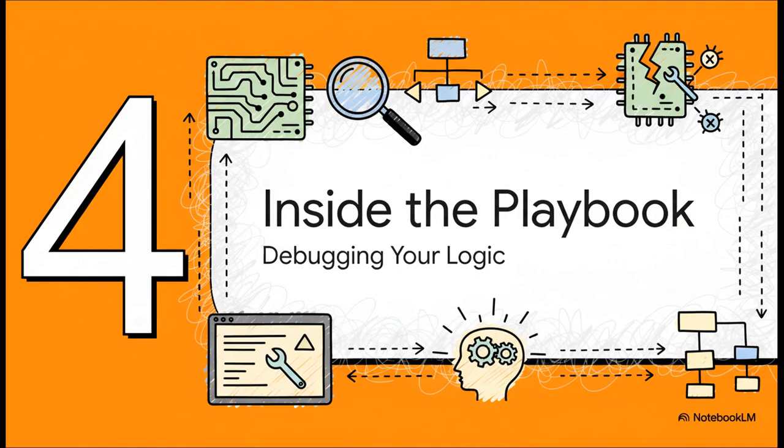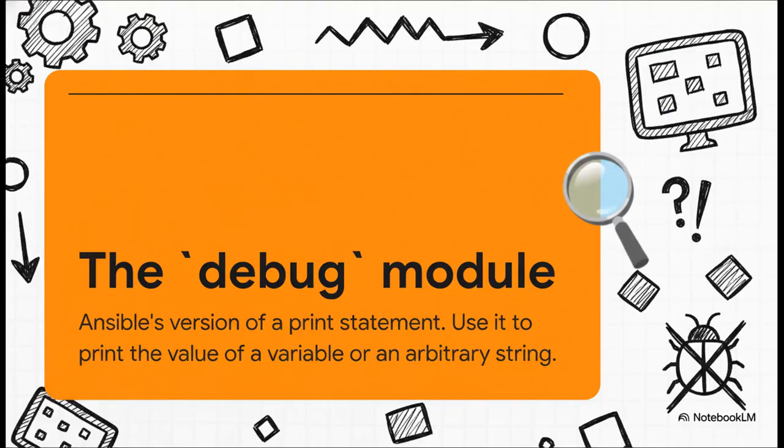Okay, so we've checked our connections, we've checked our syntax, now it's time to get a little more advanced. Let's look at some tools for debugging the actual logic inside our playbook while it's running. Say hello to your new best friend, the debug module. This is basically the classic print statement for Ansible. You can use it to print out a simple message to see if you've reached a certain point, or, and